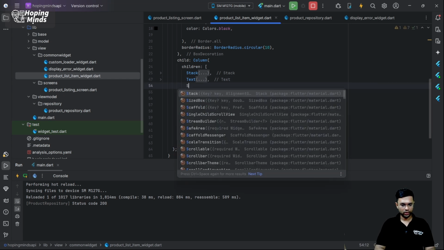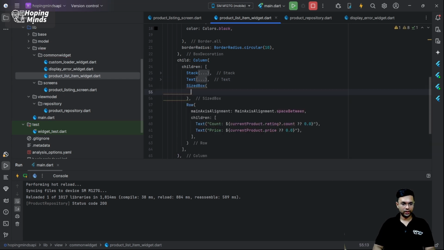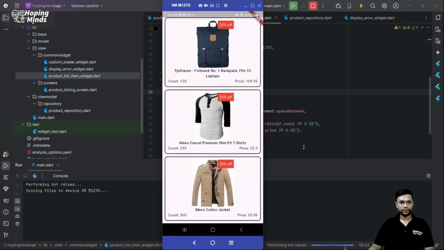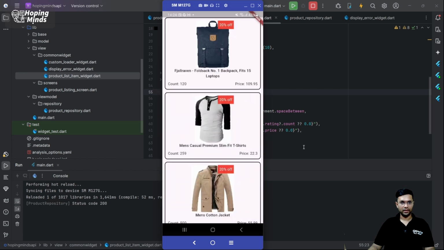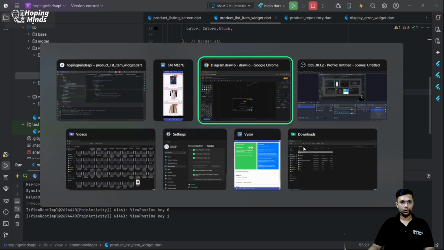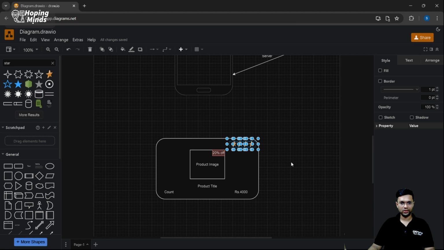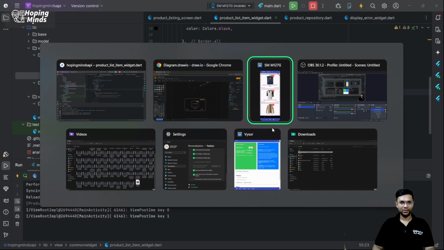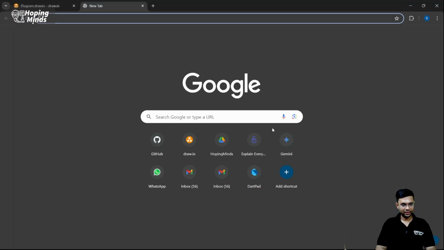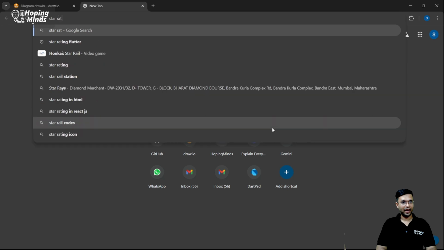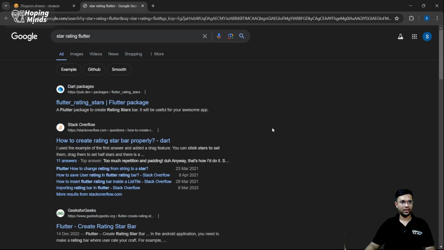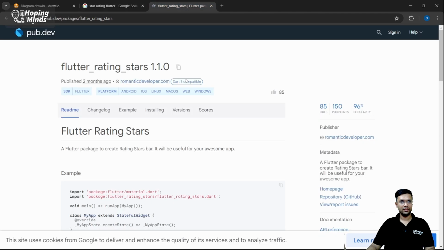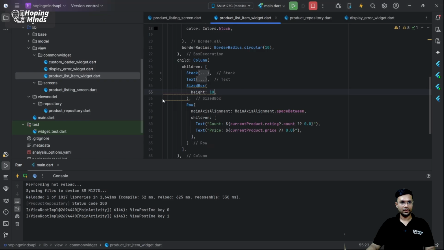Now I'll put a sized box so that they don't stick to the previous widget inside the container. Yeah, this kind of looks clean, and now the task remains to add these stars onto my card. Well, what I'm going to do this time is add a new plugin for my star rating, wherein I'll take this star rating plugin, then